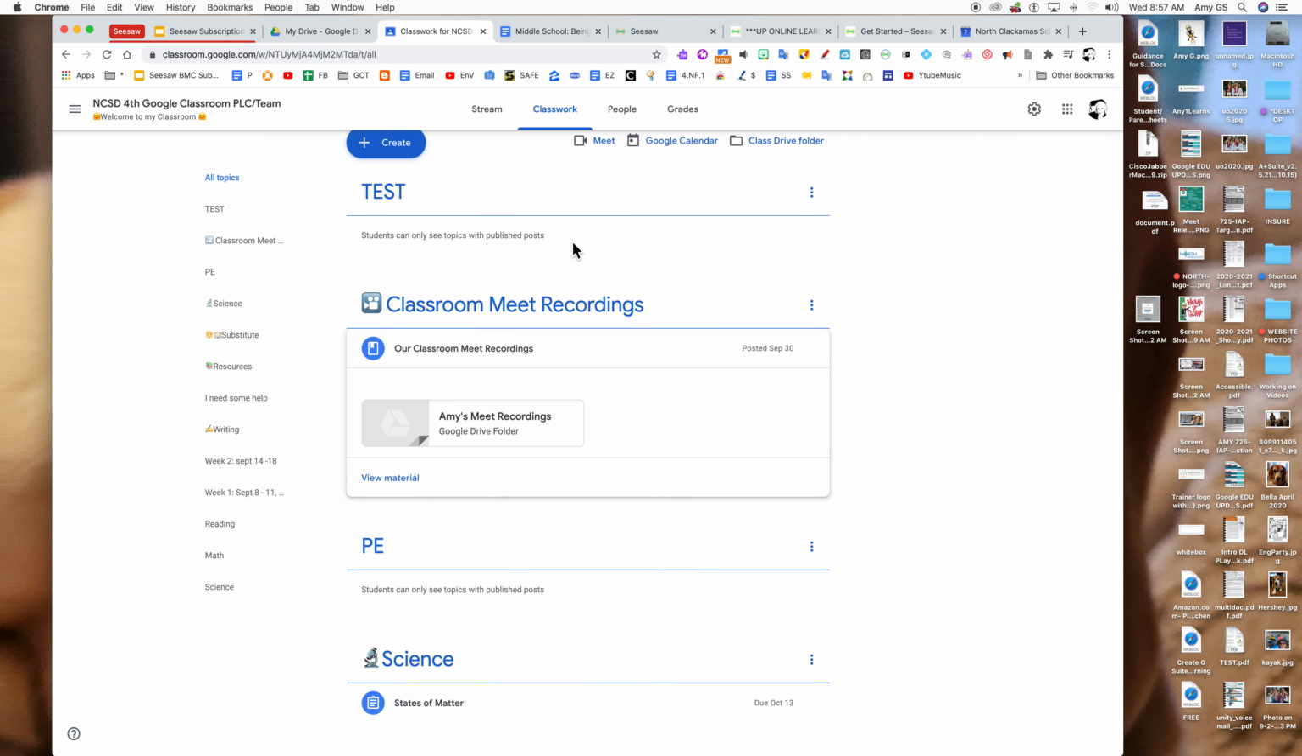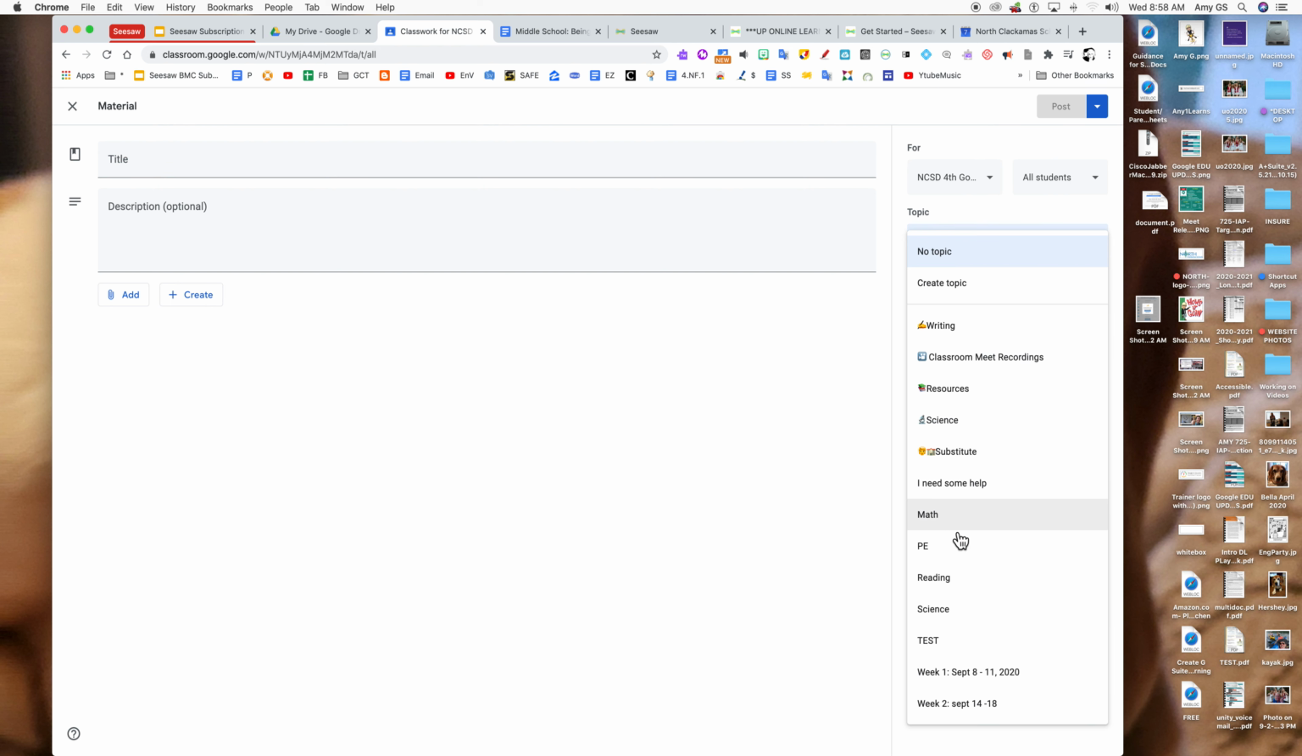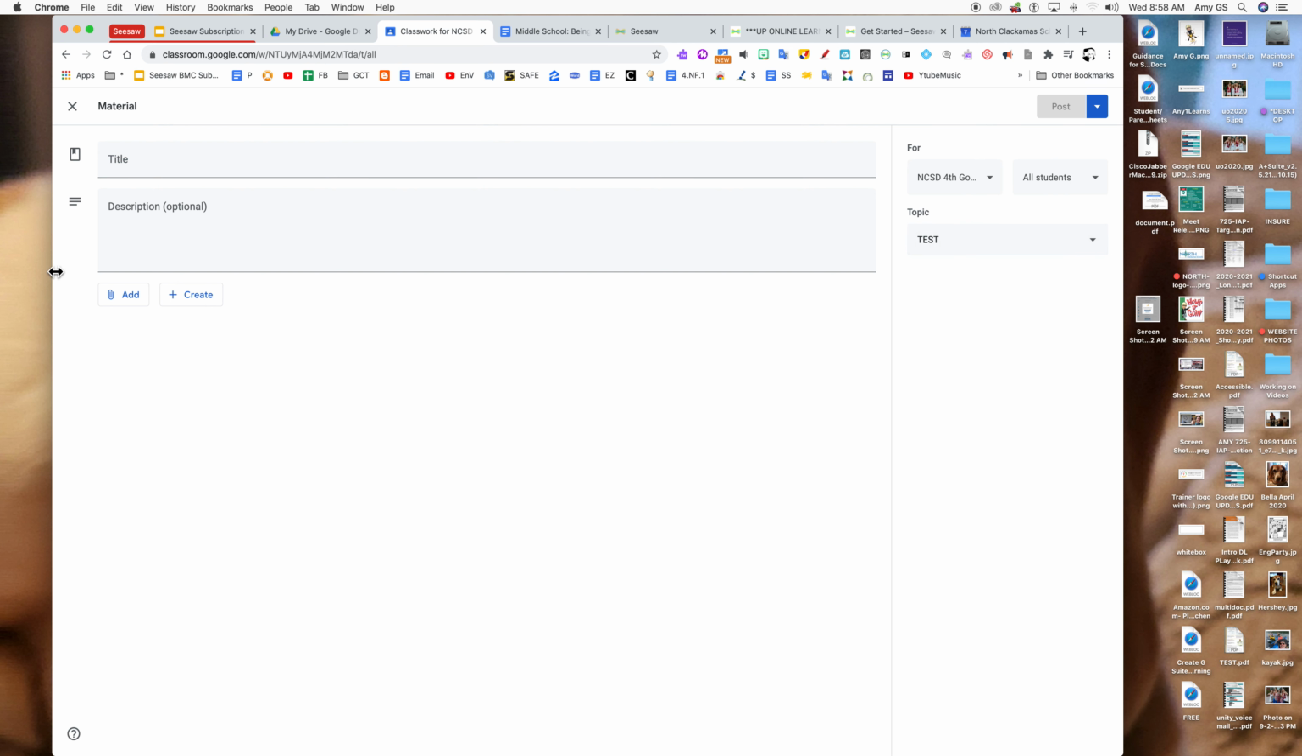What I want to do is add material, because it's just material. It's not an assignment. There's no due date. I'm going to put it underneath my test, and I'm going to add a link in here to my Google Drive recordings. Now the thing is, I don't want them to automatically go to this default folder. So I'm going to call this Meet Recordings,